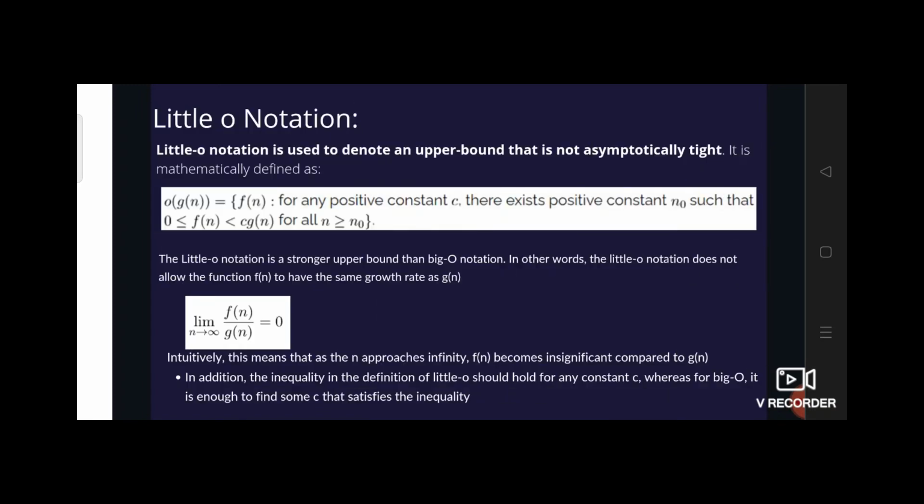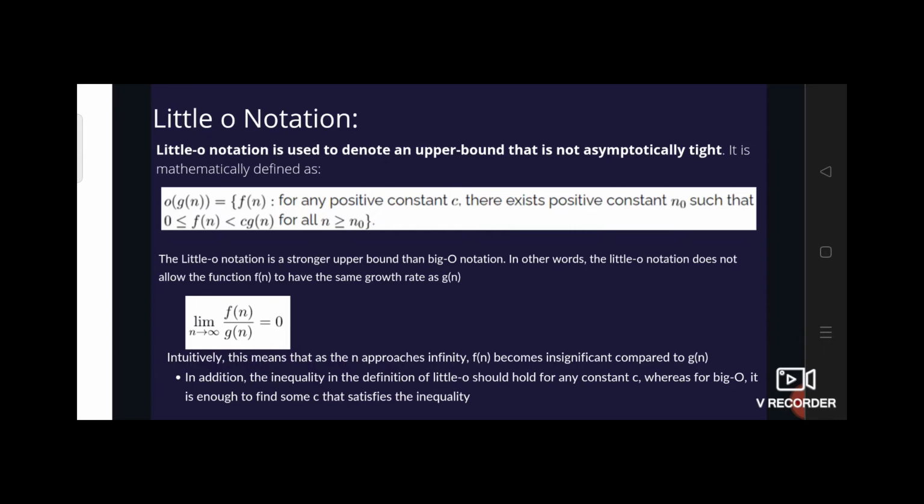Next, little o notation. It is similar to big O notation but asymptotically tight. The definition would be there exists n naught such that after n greater than n naught, the function f of n cannot cross c g of n for all values of c, which means it's restricting the growth of f of n. Like a limit, it abides by the rule limit n tends to infinity, f of n by g of n is equal to 0, implying that for large n, g of n has an incomparably higher growth rate than f of n.